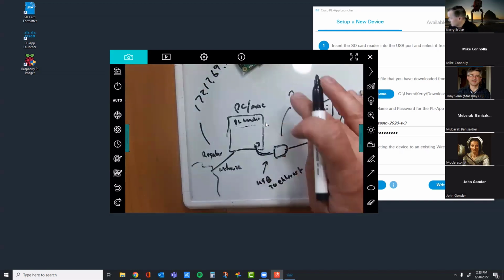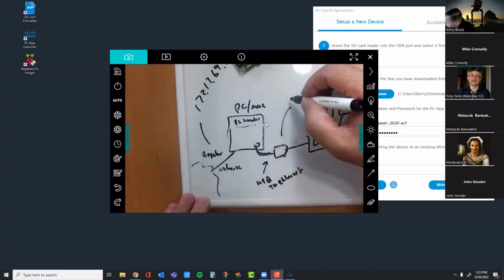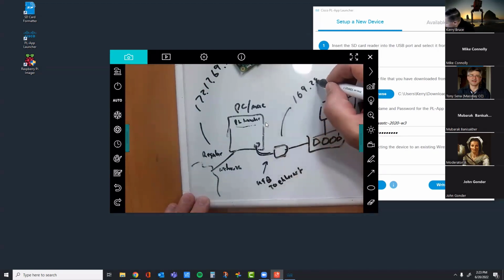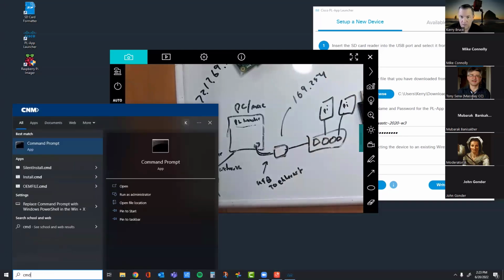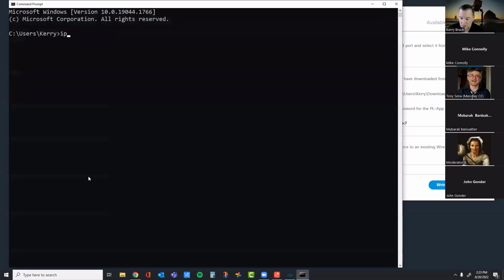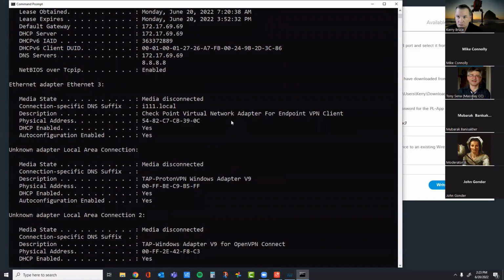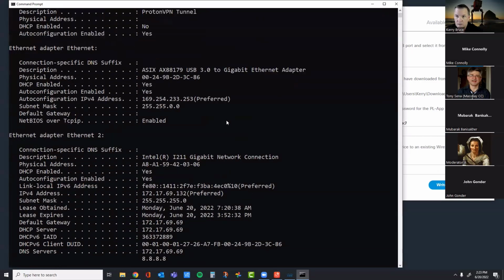Why am I drawing like 169.25? 169.254, right? A little slow on the uptake today. All right, so I'm using a PIPA on the right-hand side, and I'm using my regular network on the